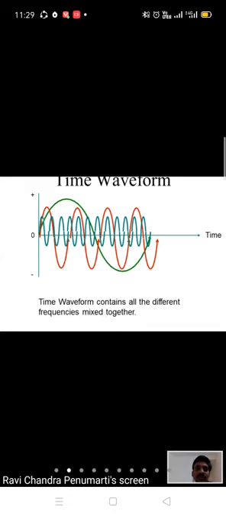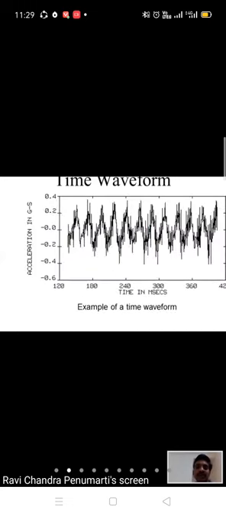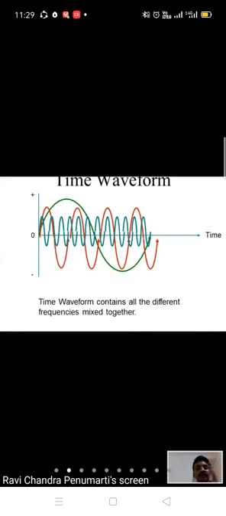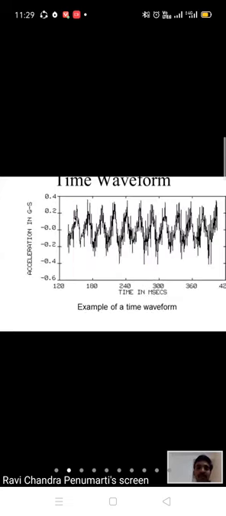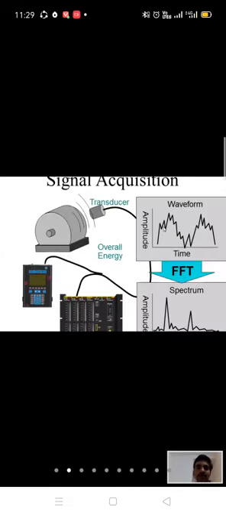So if you superimpose them, we will read a signal like this. This is for the heavy spot, this is for the fan, and this is for the gear teeth. So this is mixed. Analyzing in the time domain is a difficult technique, because in the time domain analyzing will be difficult. For study purposes we have taken a simple sinusoidal waveform. But in general, it will not be sinusoidal. It will typically be like this, which gives no information for us.